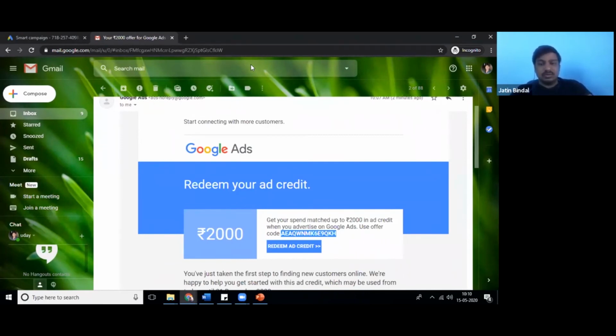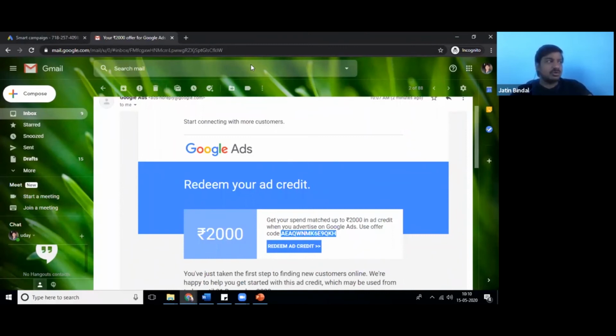Earlier it used to happen, and I have created numerous accounts, almost 8000 accounts, in 2014-15, when I didn't charge my clients any amount for running Google AdWords campaigns.